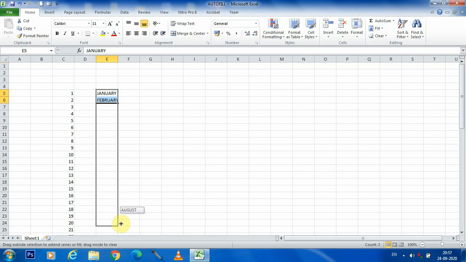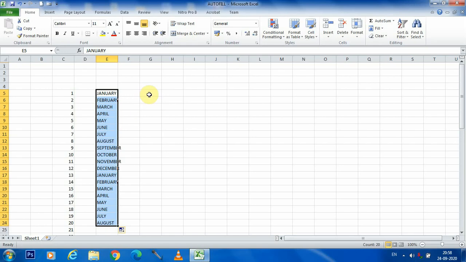You can see that we are getting from January to December and more than that. That means it is providing us the facility to fill the same series as much as we require, that means the series of months in a year. You can increase this number as much as you require.